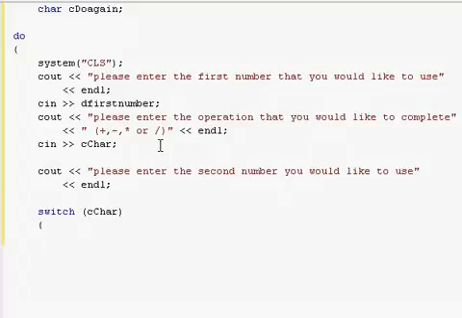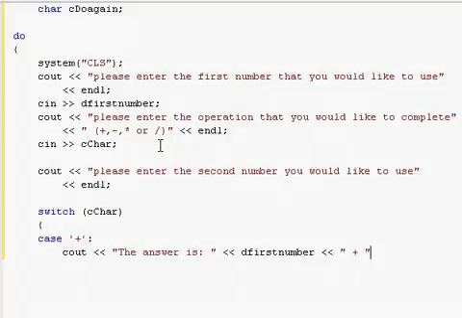So let's start by doing case, and remember those quotes like I said earlier, case plus. The first thing that we're going to want to do is the plus statement. And if the user enters in plus, we are going to be doing a cout statement. Now you don't have to do a cout, you can do the math before the cout statement, but I'm just going to be doing everything in one fell swoop here. Answer is, and then we're going to do d first number plus d second number,